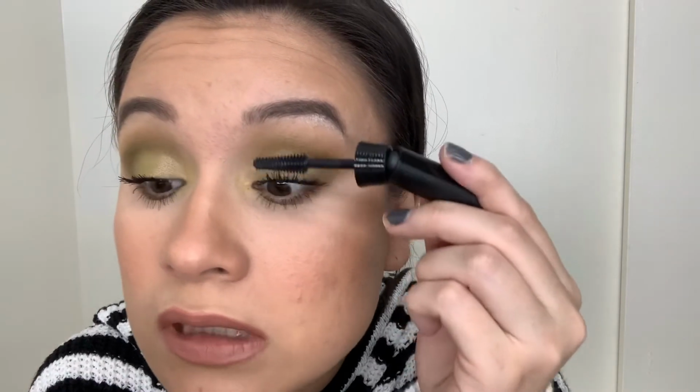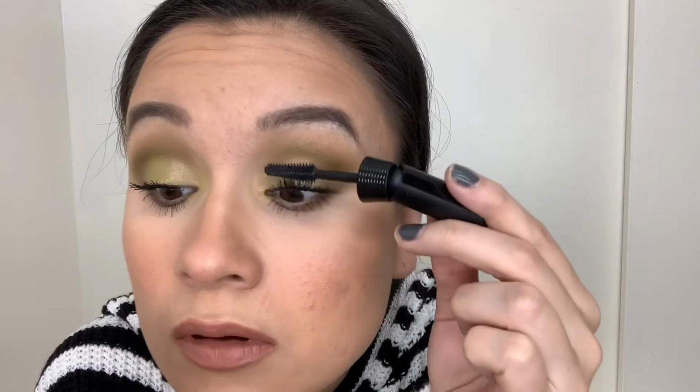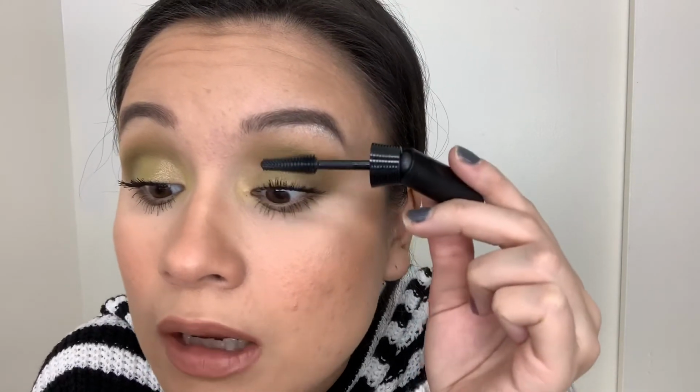Because I know a lot of people are like, second coat, that's like 100 coats. It's like you're going over and over and over it. No one goes 1, 2, okay, it's 2 coats. I mean I'm going through it a second time with just one dip into the tube. Well, this is the second dip into the tube with the second coat, but you know what I mean. I know wording can be confusing, but